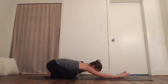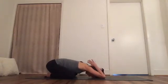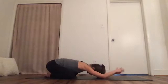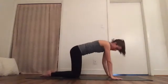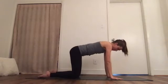Coming back to center, and then just interlace your fingers behind your neck, bending your elbows, just getting a slight stretch in our triceps here. You can also just bring your hands together in a prayer position. Releasing your arms out long,